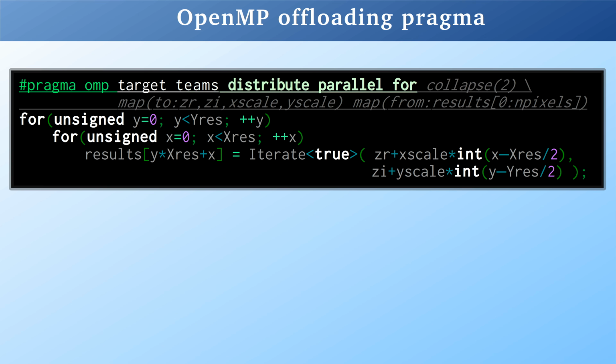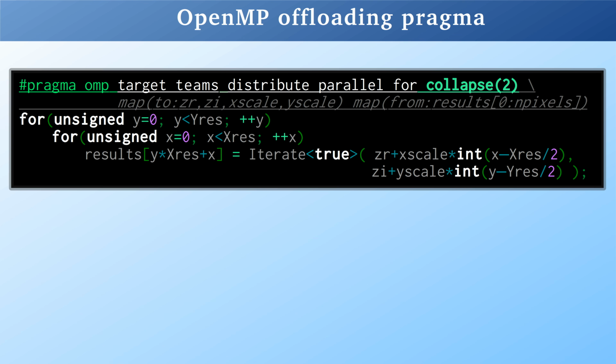Distribute parallel for means that the following for loop will be divided among these threads, so that each iteration will be run exactly once in unspecified order, but multiple iterations may run concurrently. Collapse 2 tells OpenMP that the following two for loops should be treated as one unit. All combinations of the iterations of the two loops should be distributed across threads. Without the collapse keyword, only the outer for loop would be distributed and the inner for loop would be run